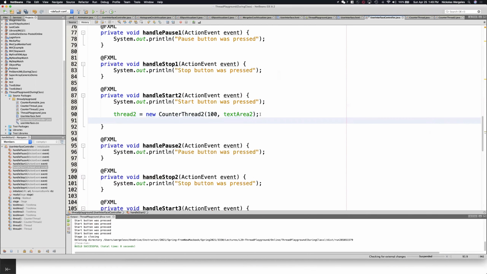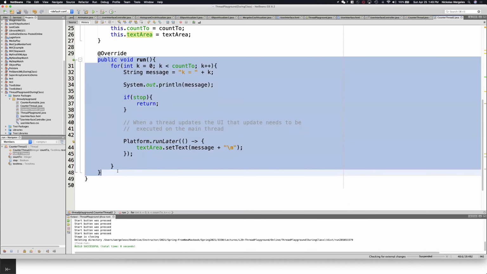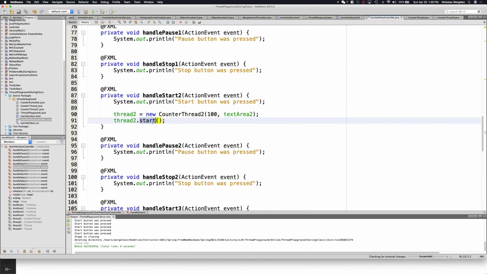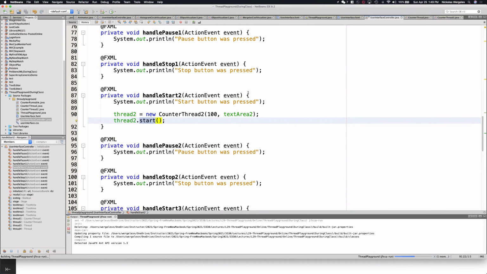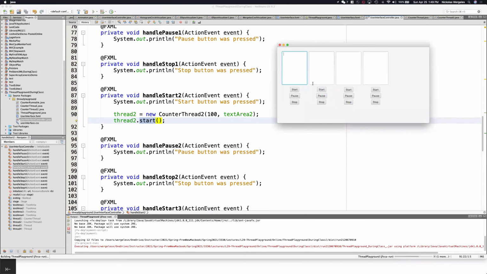So there's 2 important methods with threads. You have the run method and you have the start method. You're going to want to know both for the exam. The run method is where you put the code that you want to run concurrently. The start method begins execution of that thread. So if I run it by calling the start method and click start,